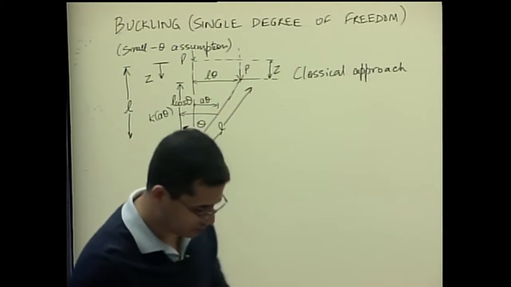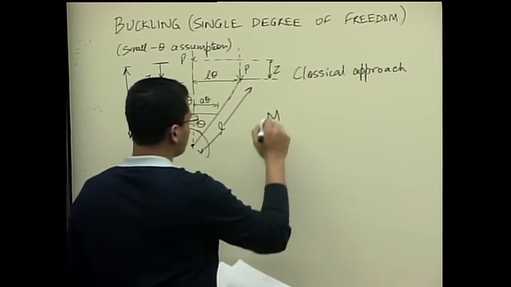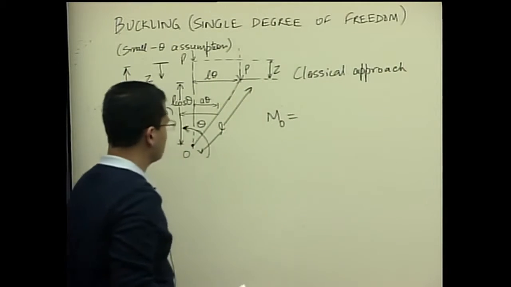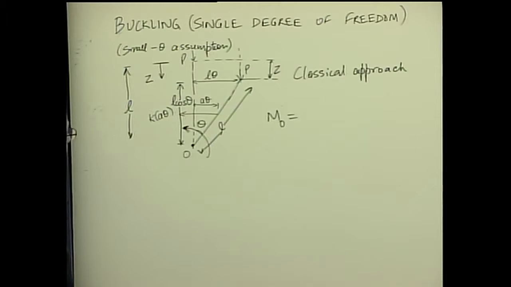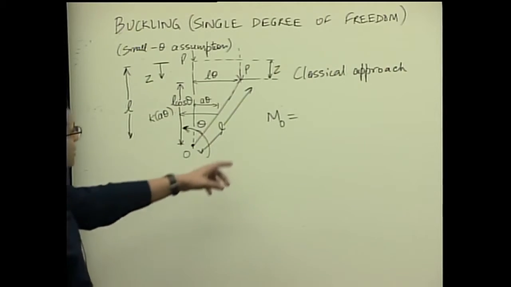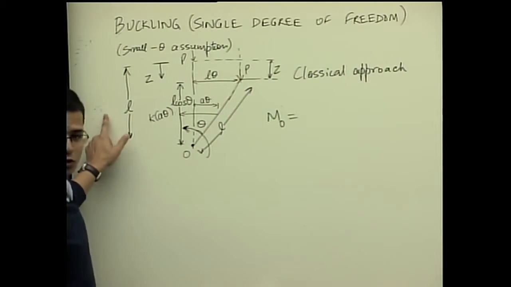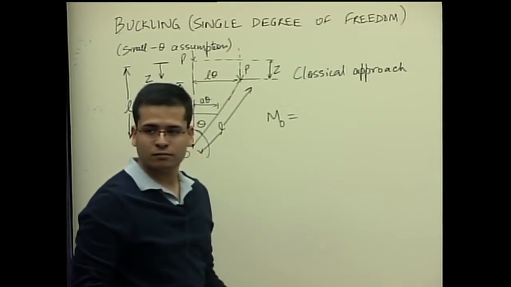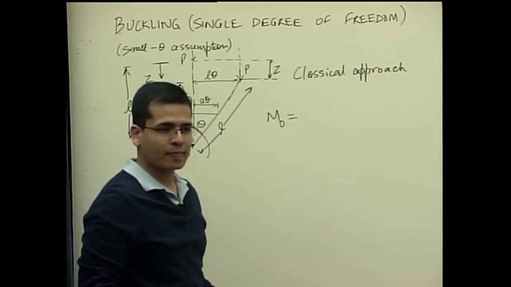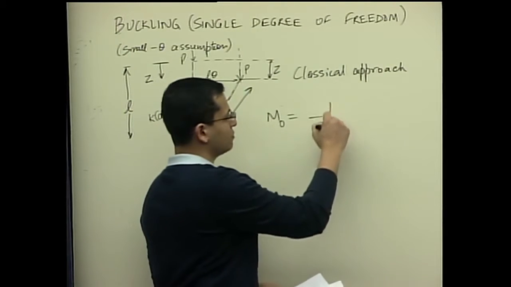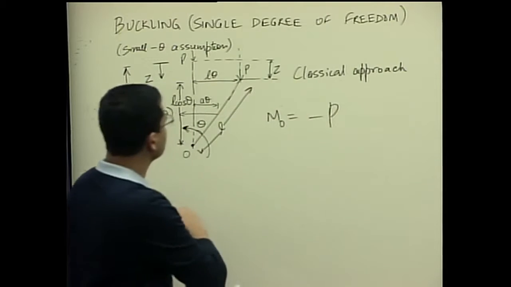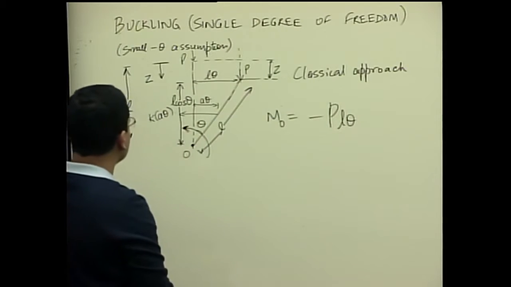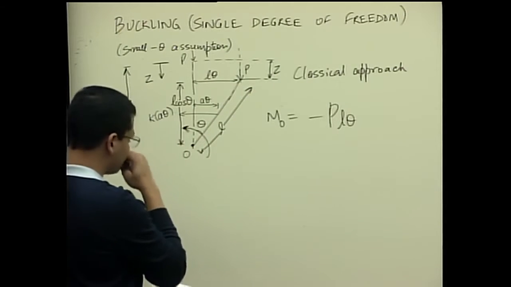So let's write the expression for the moment at the hinge. Let's say this point is O. Okay, what are the forces in the system? One is the externally applied load, and the second is the spring force. So what will be the moment because of the externally applied load? Negative P, L theta? Okay. And then we have a spring force, which is